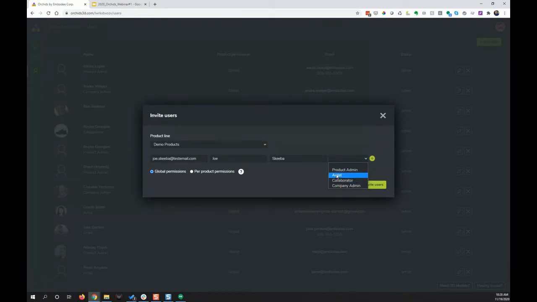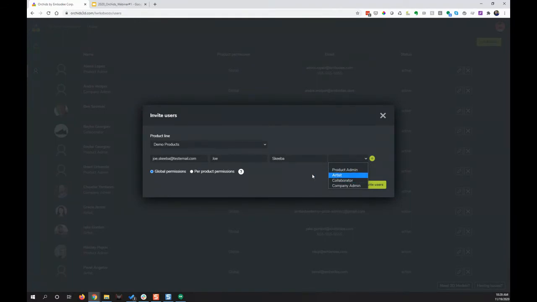I'm going to introduce the different roles that we have in the platform right now that have different permissions. Product admin, I already did an overview on that. But product admins are able to invite different artists and collaborators to the platform. Artists have certain permissions to be able to set up products, add different materials and colors to a product, add prints and graphics, as well as do what we call look dev, enhancing the materials to make them look more realistic, more photorealistic for different purposes. So they have a lot of permissions within the platform.